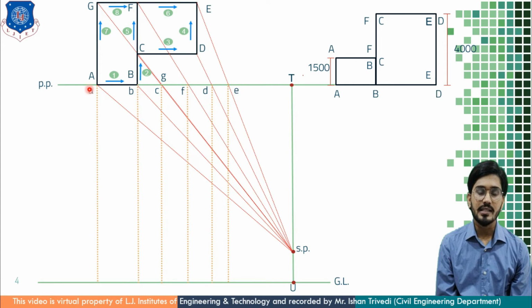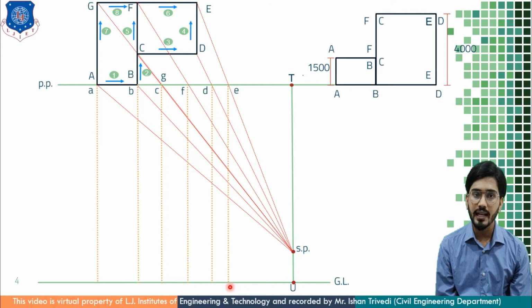Now mark this small ABCD even here also. The same sequence A, B, C, G, F, D, E. In my case, the C and G lines are merging, so I have highlighted by one point, and that's why I have drawn the CG line as a single representative line. So this would vary. If you are getting 8 lines, then draw 8 lines. I am getting 7 lines, so I am drawing these 7 parallel lines.